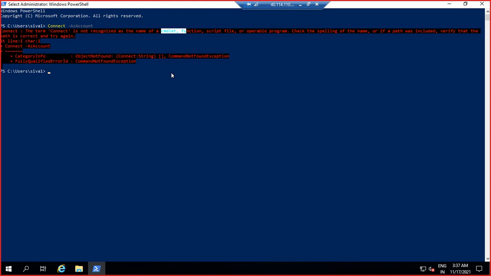So if you want to sort out this specific error, first of all we need to install Azure modules in this PowerShell. So let us